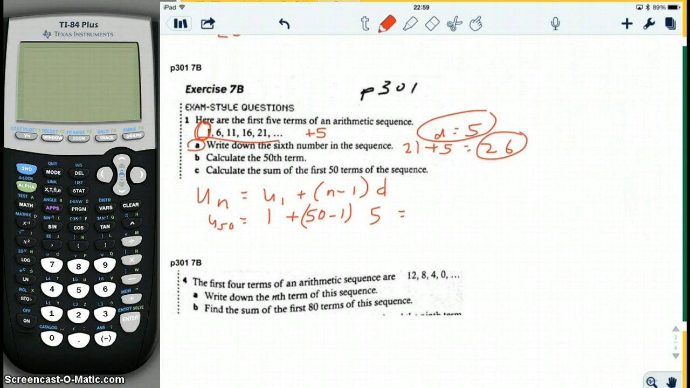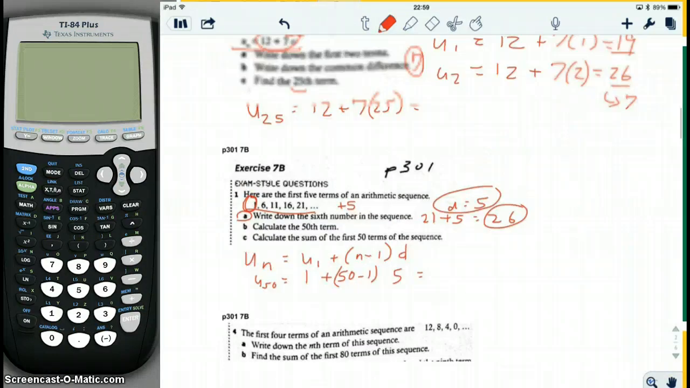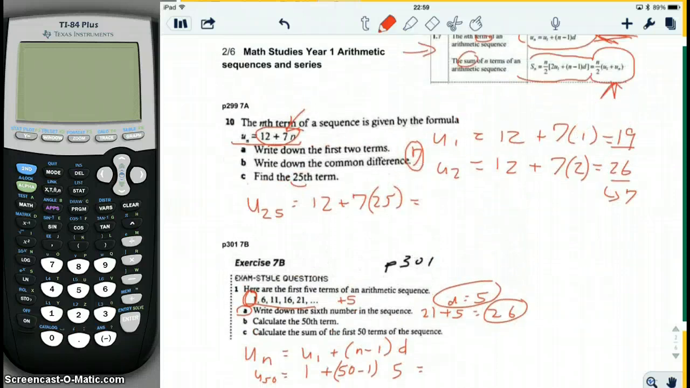C, calculate the sum of the first 50 terms of the sequence. Oh, this is our first time using the sum equation. The sum equation is this equation here. There are two different versions. There's one which is similar to our investigation. In our investigation, we found out that if you have a triangle-like shape like we had that we cut out,